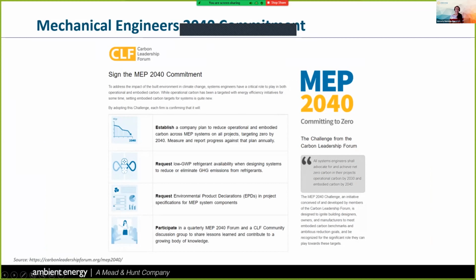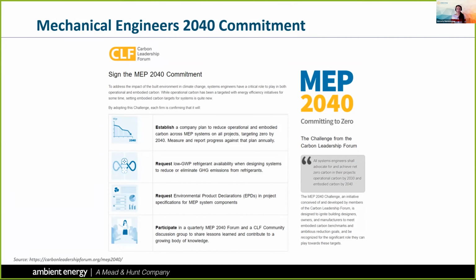And as of September, October last year, the mechanical engineers also got together and created the 2040 commitment. This is an initiative that also was supported by the Carbon Leadership Forum. So if you are interested, you will need to go to, I have the source down below, to the Carbon Leadership Forum's website and look for the ME 2040 commitment, and it has all